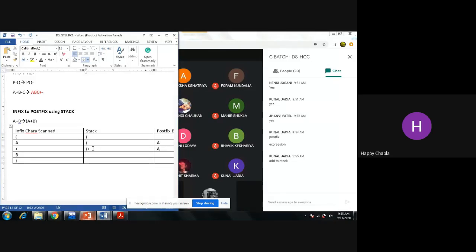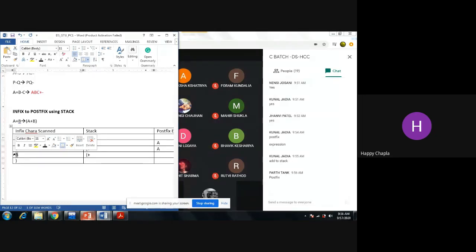Now I'm encountering B. What will be the next step? Kunal, don't say. I want answer from other students. If I'm encountering B, B is my operand, then what do I have to do? I want answer from everyone. Students, you need to write it over here. Check the algorithm.